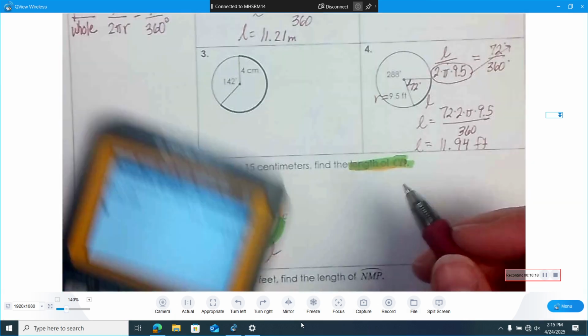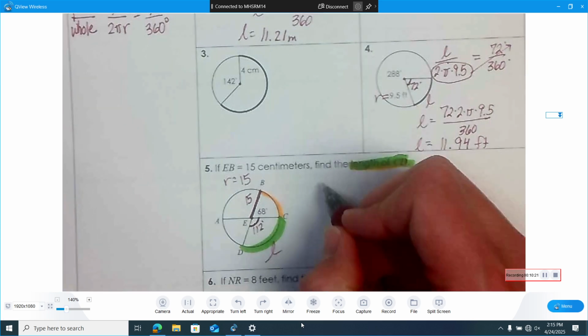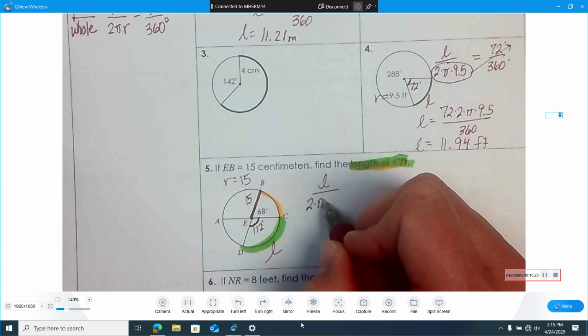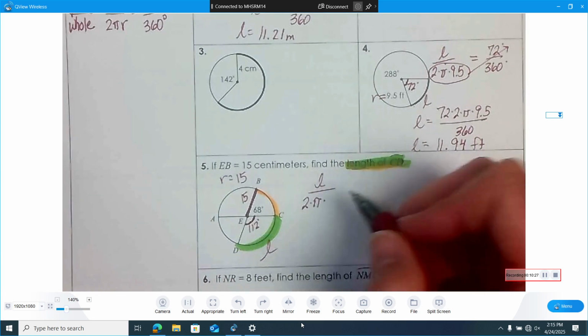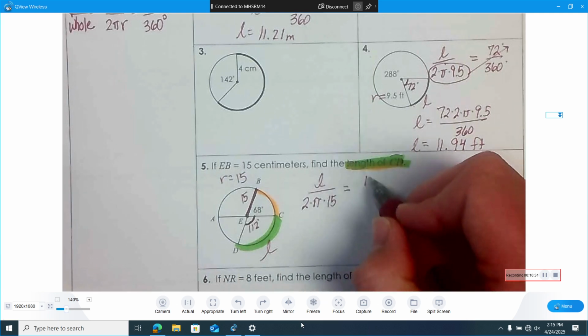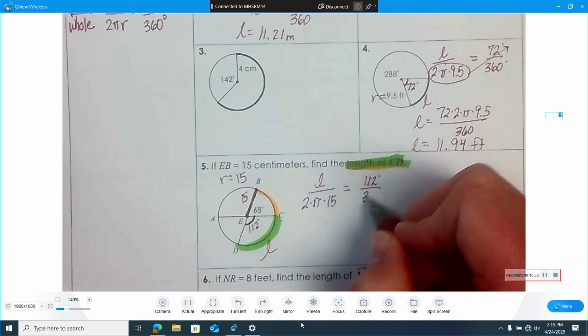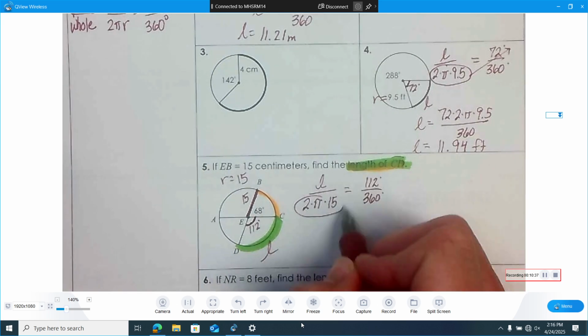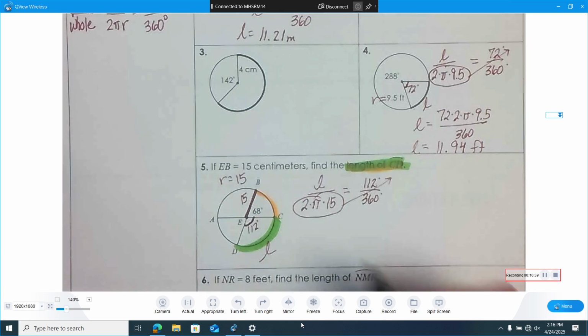All right, what's my setup? L over 2 times pi times 15, good, equals 112 over 360, good. And again, all I have to do is multiply everything to the other side,